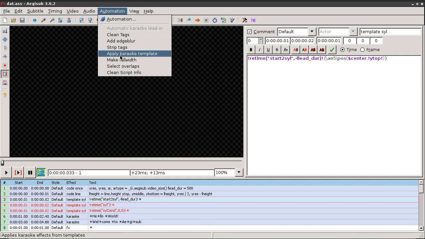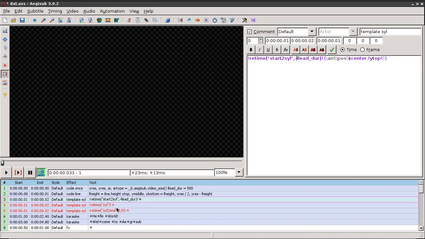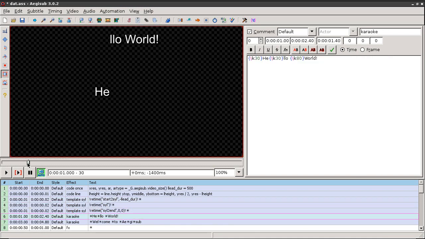If I apply that template, you can see the line of the start to seal appears more quickly.